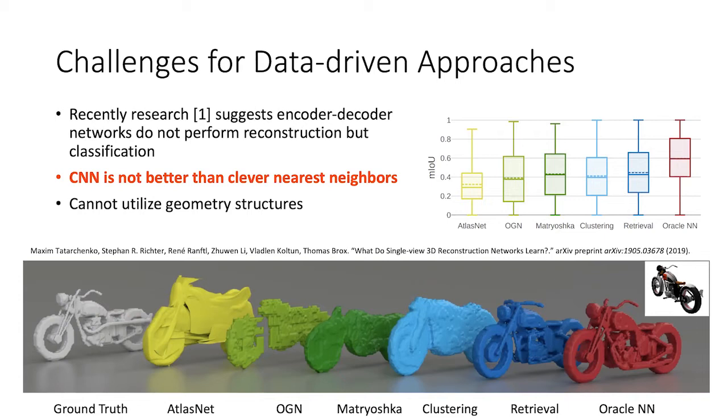Let's just check how well they're doing in this kind of scenario. This is a study. After many papers were published, about a couple of years ago, people did some serious evaluation of all the learning-based approaches in recovering geometry, surfaces, and so on. It turns out that, at least for many of the straightforward approaches using deep networks to do 3D reconstruction, the performance actually is not even as good as a very serious nearest neighbor. Basically, the network is really trying to remember all the instances. They're really doing a query for you from the database you used for training.